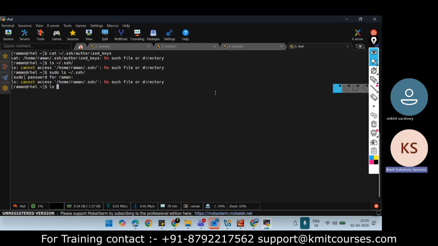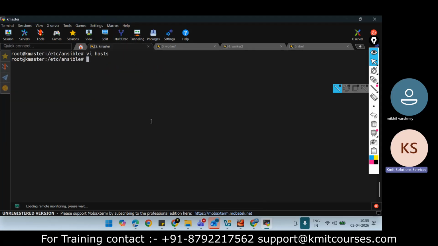Now let me check under root. Okay, it is not there. Sudo permission denied. Oh, in root it is there, but for Raman it is not there. Okay, so let us see.